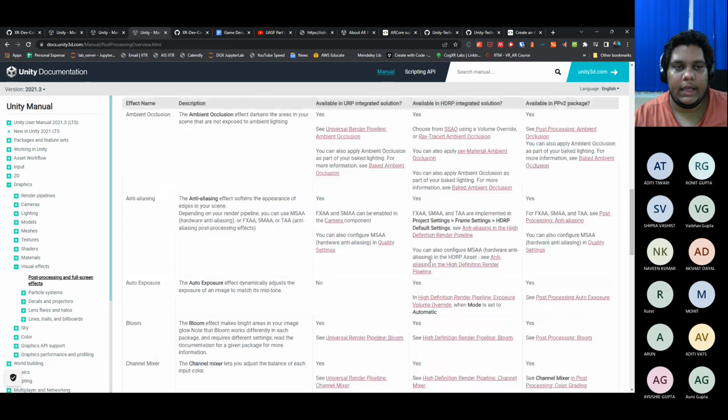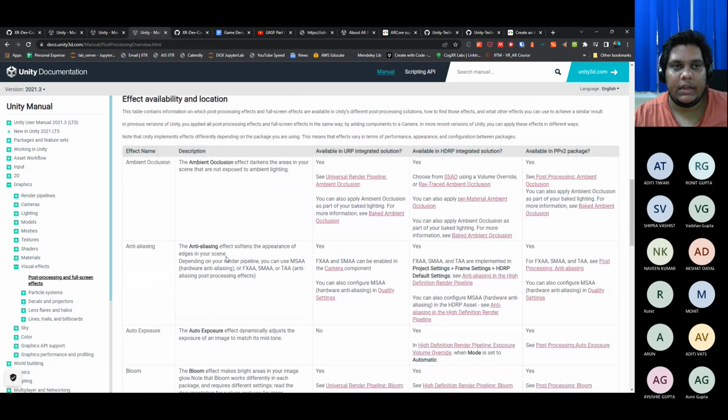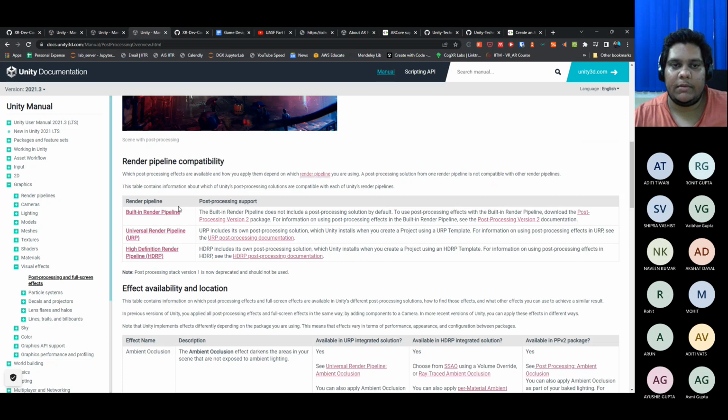Then there are different kinds of effects. For post-processing, there is a post-processing stack for the built-in render pipeline, available as a package, but when we use URP or HDRP, it comes wrapped inside. So post-processing is available in URP and HDRP as is.